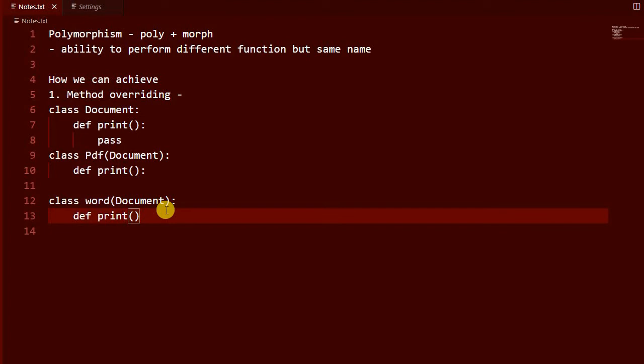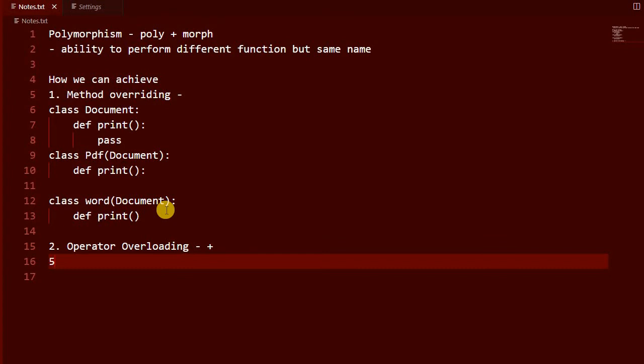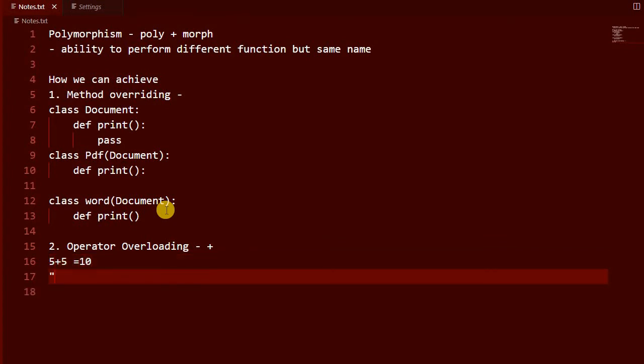What is the second way? As I have already said, it's operator overloading. You have seen operators like the plus operator, the equal to operator, the addition operator. There are so many operators. Let's take the plus operator. If you write a number plus a number, it will give you a sum like 10. But if you write 'code' plus 'as', it will give you 'code as'.